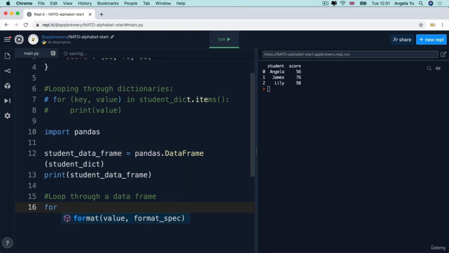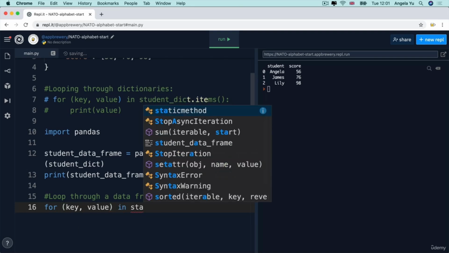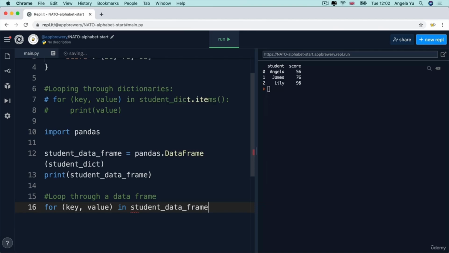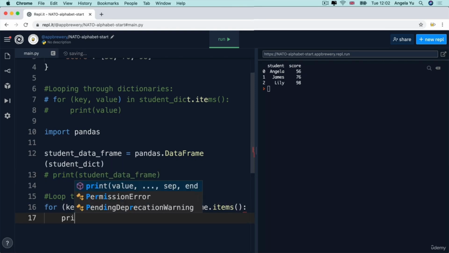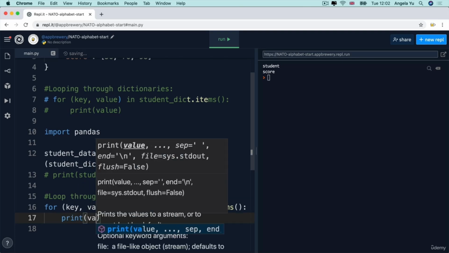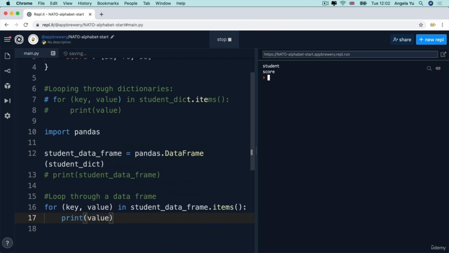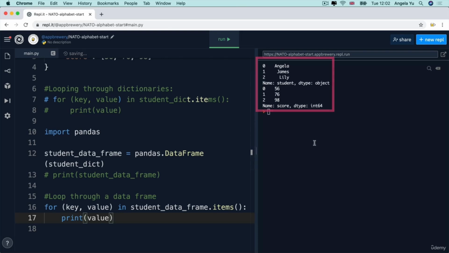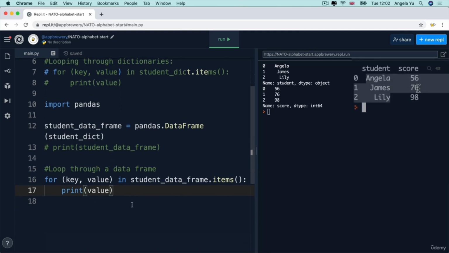So we can say for key, value in our student data frame dot items. If I print each of the keys, you can see it's just going to give me the titles of each column. But if I print each of the values, then it's going to give me the data in each of the columns. Now, this is not particularly useful because it's basically just looping through the names of our columns and then the